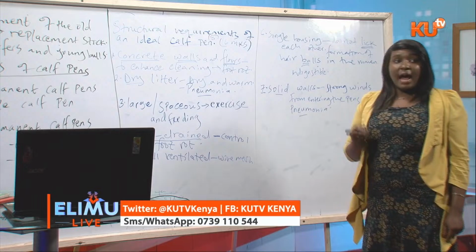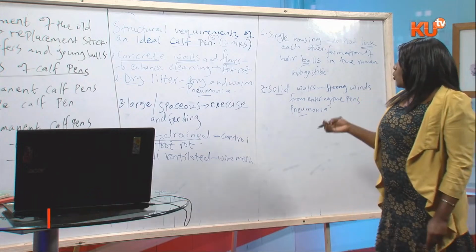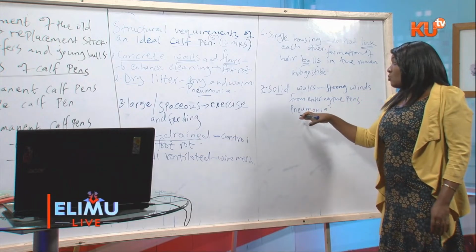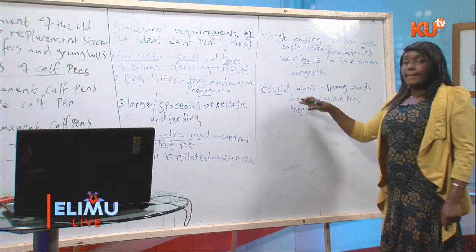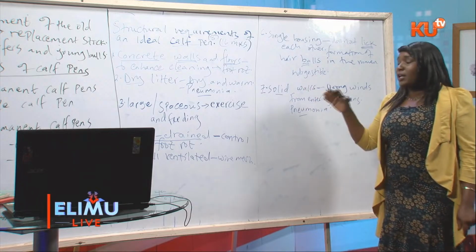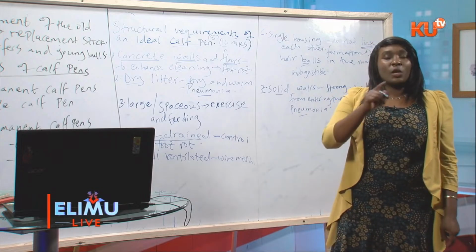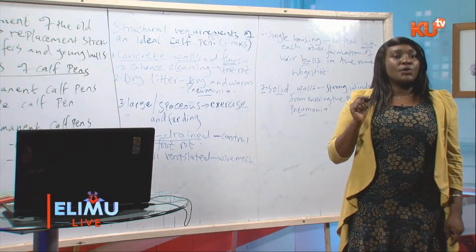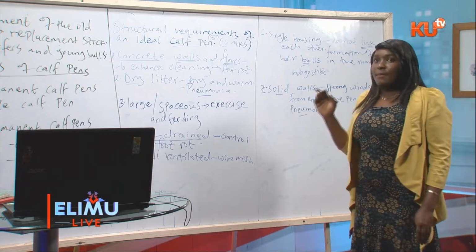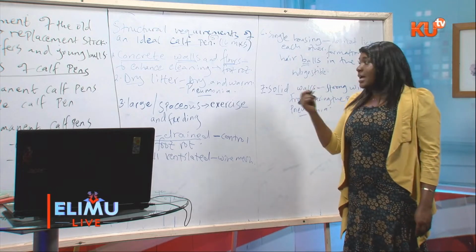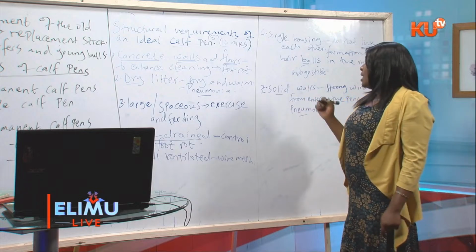Yeah, learners, even animals get pneumonia. So we need to prevent these animals from getting pneumonia by constructing solid walls. But I'm not saying that our calf pen should have solid walls on all 4 sides. You should ensure that the better part, and especially the side where the very strong winds are coming from, has a solid wall